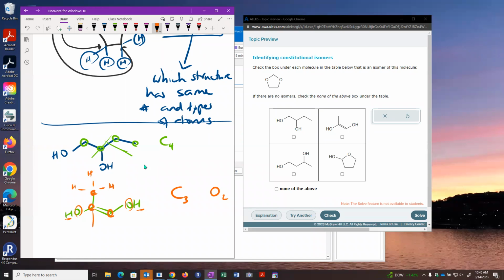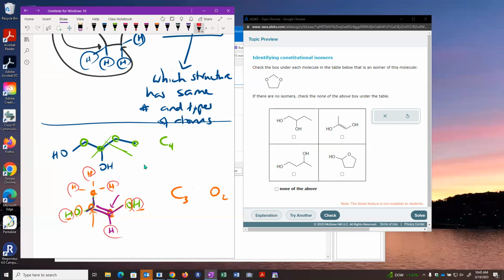This carbon here already has 4 bonds, right? It's got 1, 2, 3, 4. It doesn't need any more H's. This carbon here right now has 1, 2, 3, so it needs 1 more bond to an H. So if we add up all our H's, we have a total of 1, 2, 3, 4,